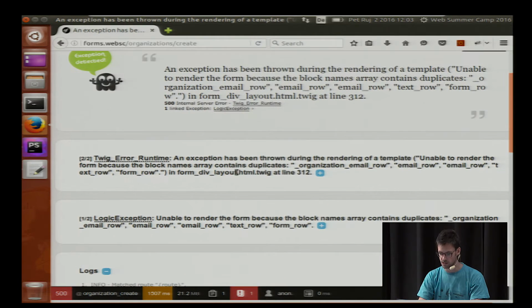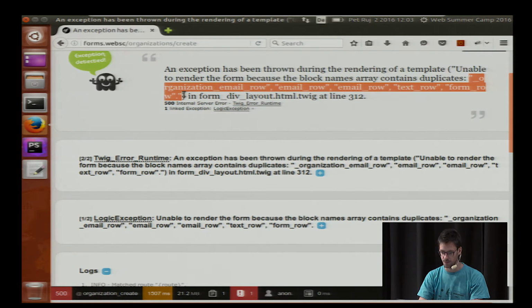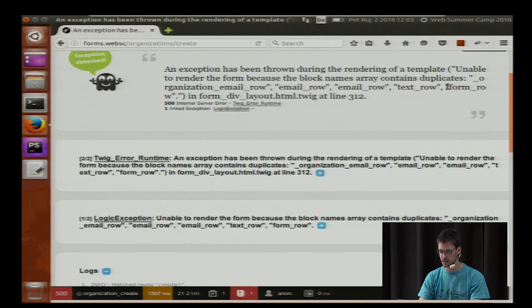There you go. Unable to render the form because block names array contains duplicates. If you look at this exception method, then you see there's a number of names: form, text, email, email, and organization email. These names are used when you use the theming system in Symfony, because you can change the way that each individual field type is rendered by adding a block to the form theme with the name of that type. So if you add